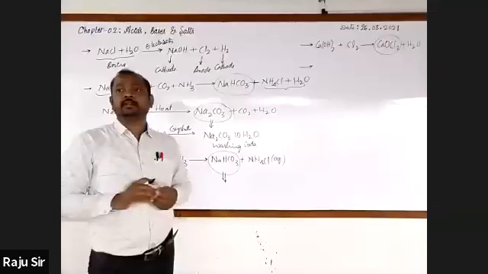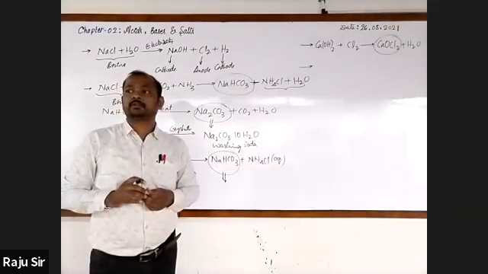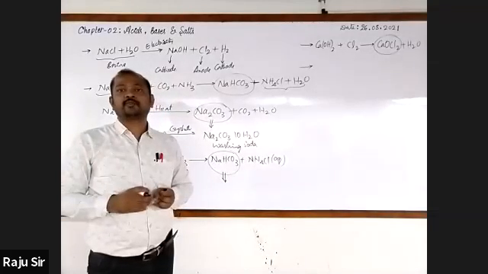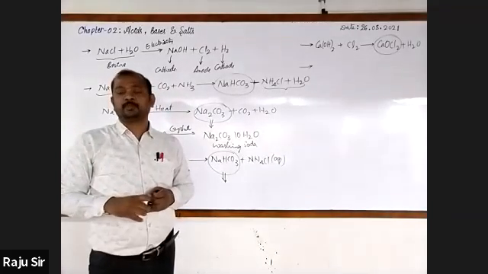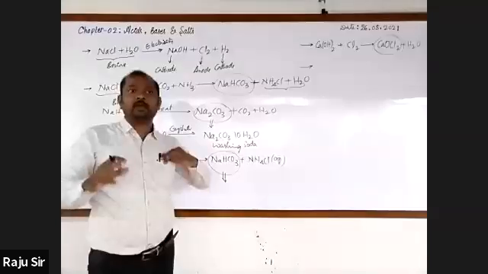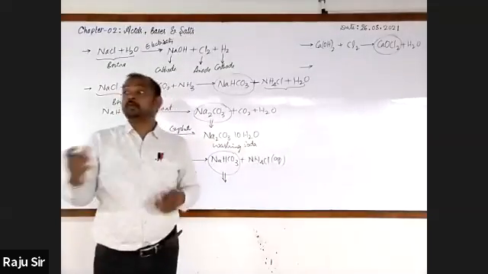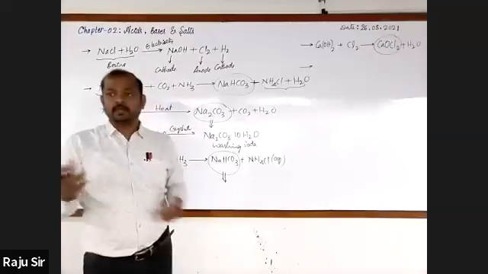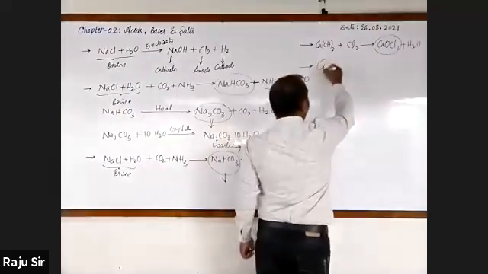Next, we come across the next salt, calcium sulfate hemihydrate. Which is that? It is POP, Plaster of Paris. And to prepare POP, we use one more compound containing calcium: gypsum.